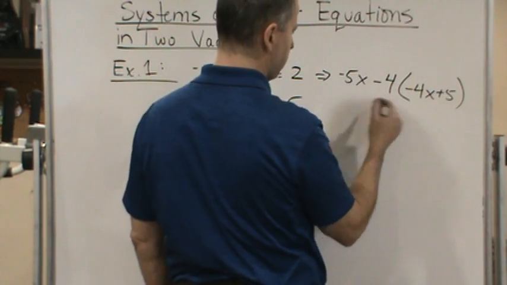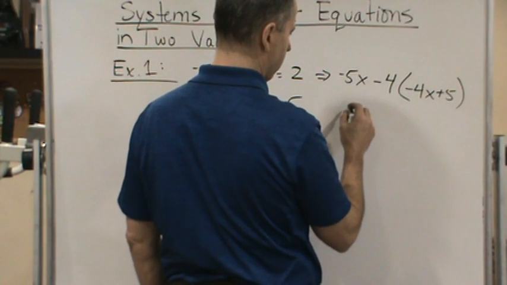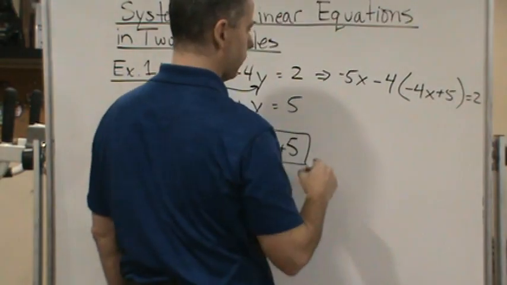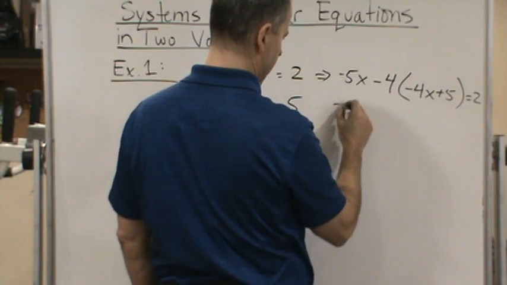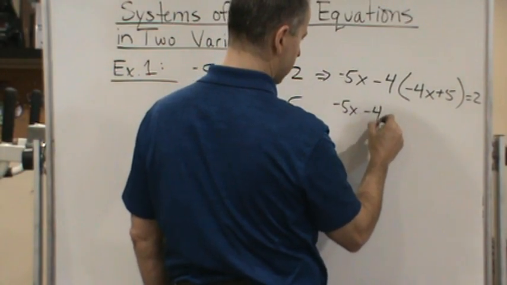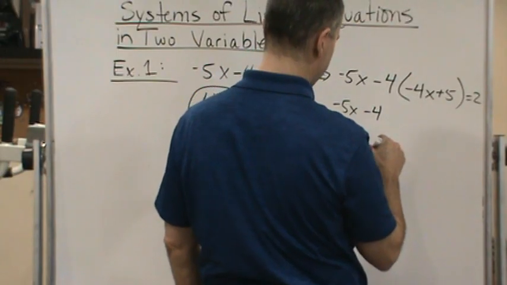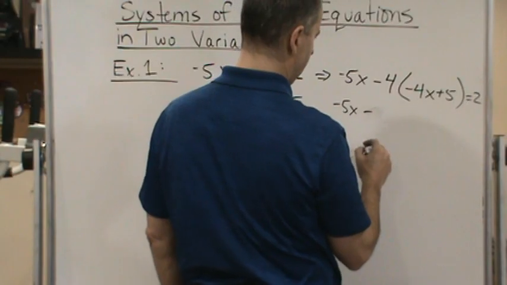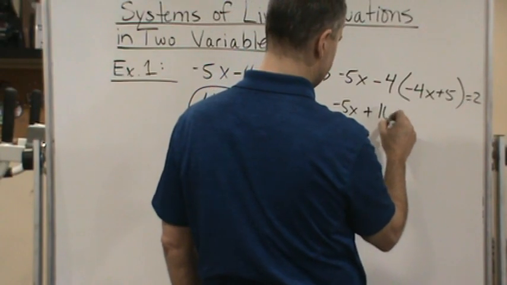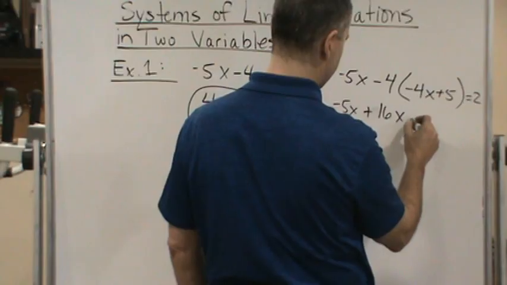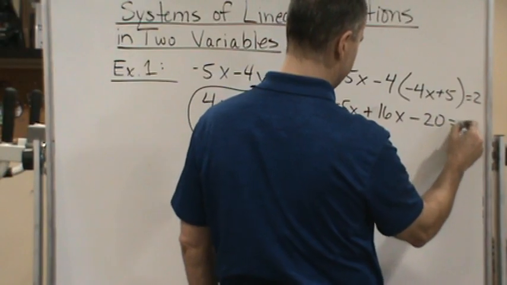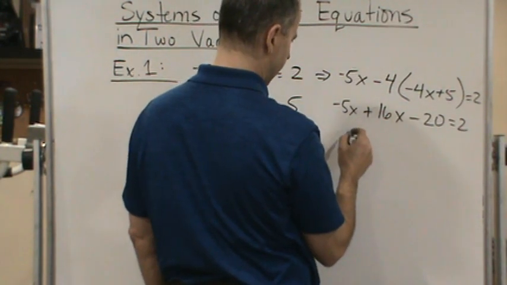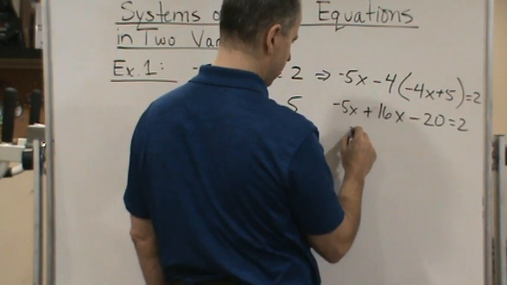Okay, so now I'm just going to simplify. This is equal to 2. Okay, now, so let's solve. So I'm going to get negative 5x minus 4. I'm going to distribute. So let's do this. So this is going to be plus 16x minus 20 equals 2. Now I'm going to combine like terms, and I get 11x